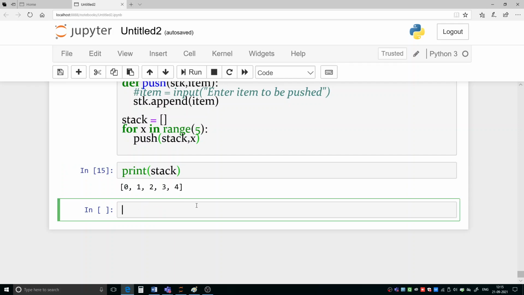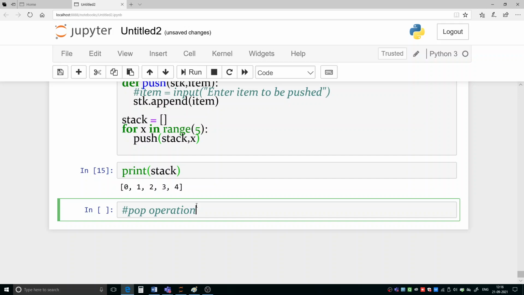Next, let us see pop operation. So for pop operation, we will be simply using the pop function of list, because when we are using the pop function, what happens? It removes the last element from the list, and it returns the element also.